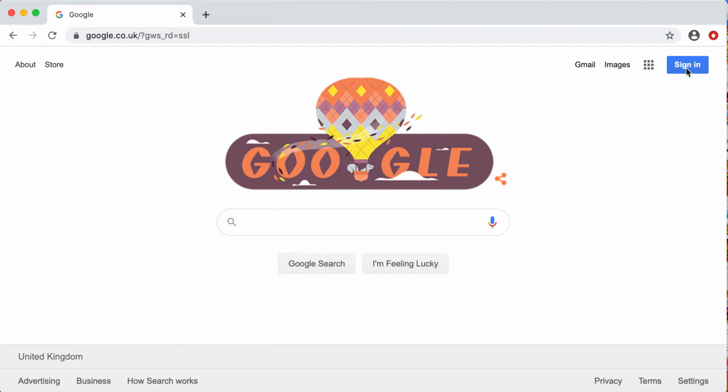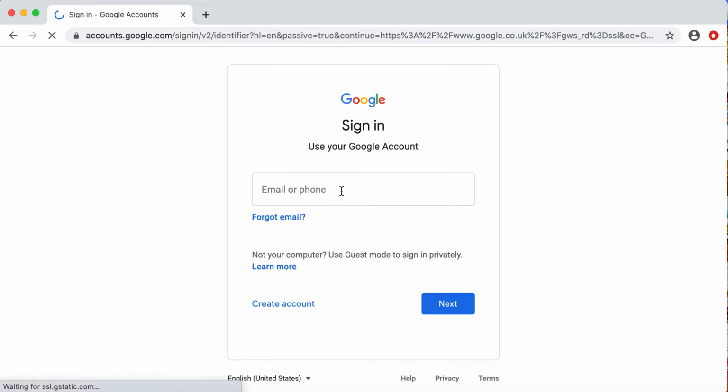What you then do is click on sign in the top corner here. And then when you get the prompt to put it in, you'll put your child's login details. The account I'm using today is the one that we've set up for the purpose of showing this today. It's